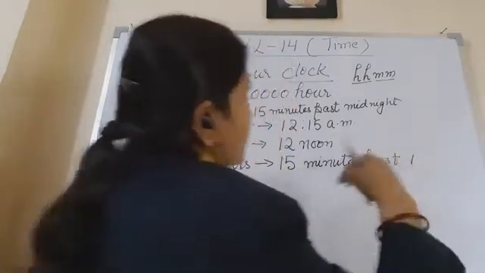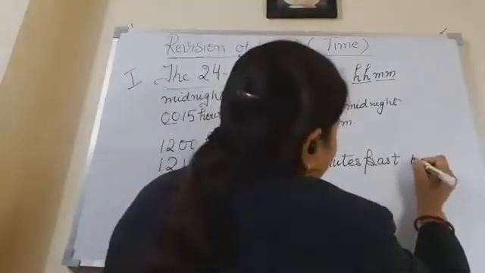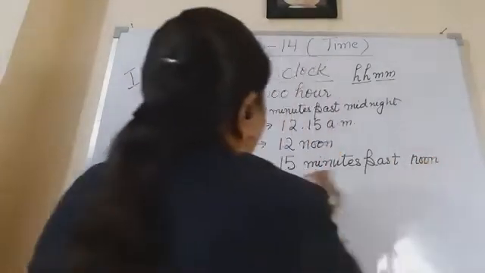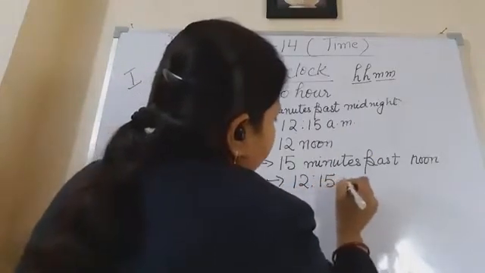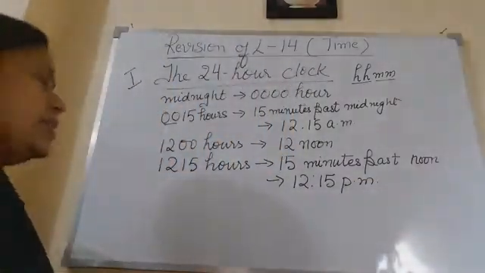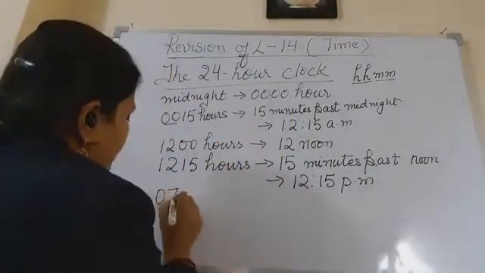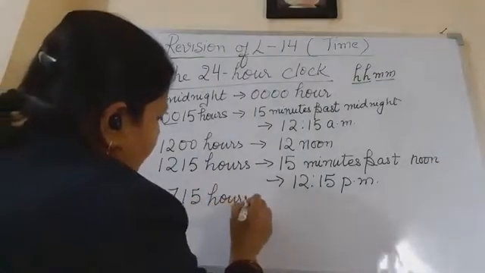Past means 15 minutes has already passed after noon, right? So this time will be written as 12:15 p.m. in the 12-hour clock. In the same way, if I write 07:15 hour, this means